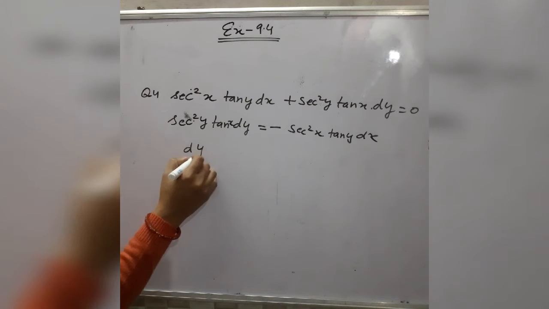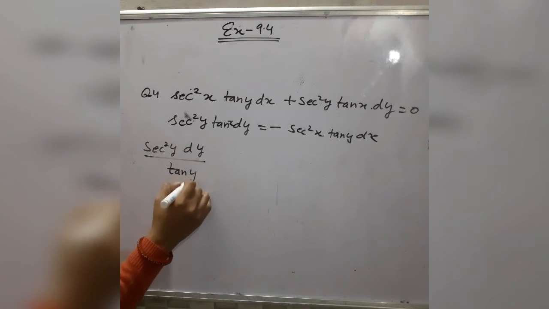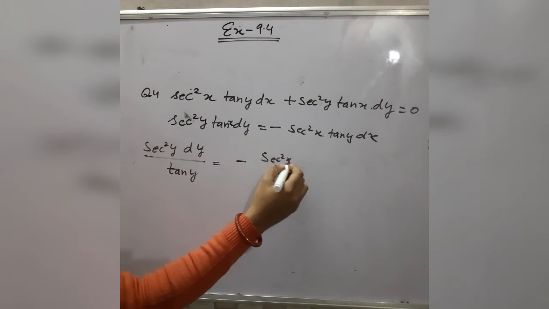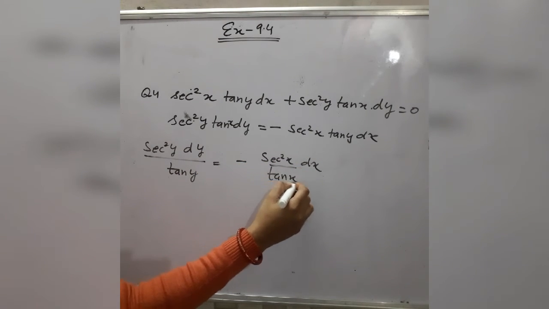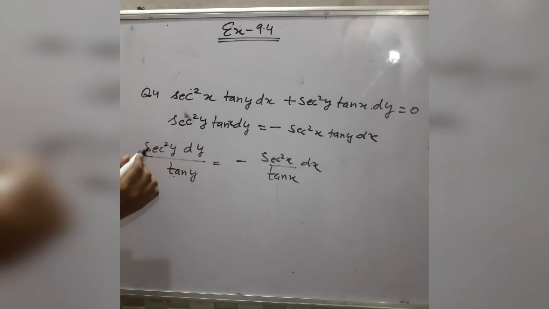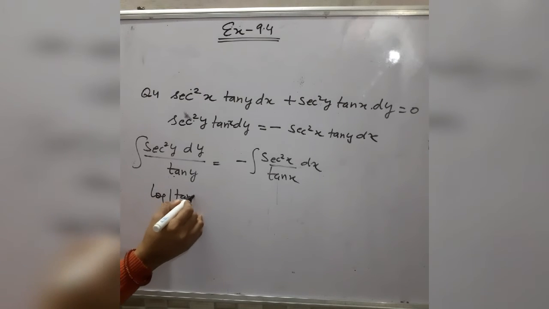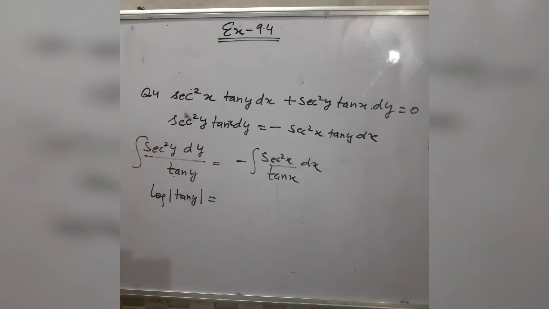Now terms containing y variable on one side, secant square y divided by tangent y is equal to minus secant square x into dx divided by tangent x. And all of you know that the derivative of tangent y is secant square y. So this is f(x), this is f dash x. So now taking integration on both sides, integration of secant square y by tangent y is equal to log tangent y, because all of you already have done this integration chapter, so all of you know very well